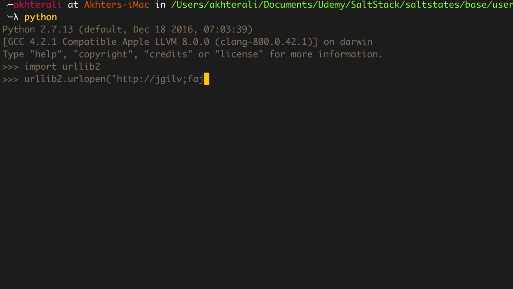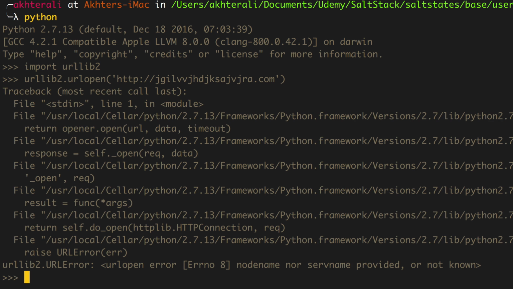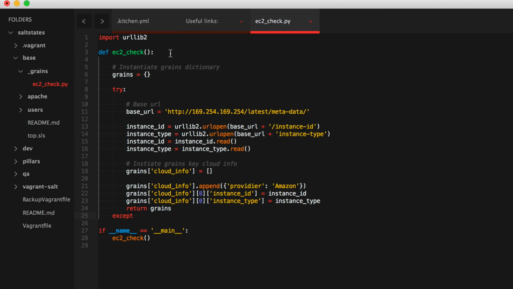I don't know if I can set semicolons in there, but let's see. .com. Okay, there we go. This is what I'm looking for. It says urllib2 URLError. We're going to try and catch this error. If this error is caught, then we're just going to return false. And if it returns false, this whole grain will be empty rather than leaving an empty cloud info that we